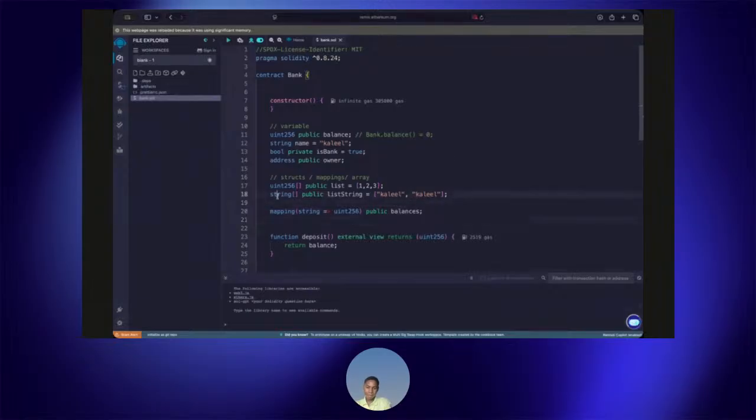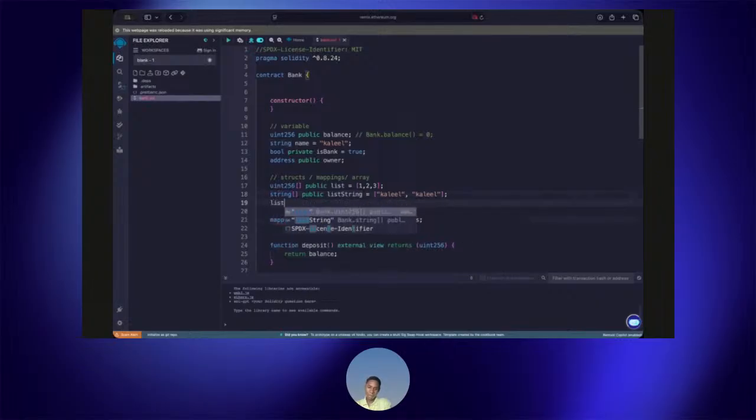Let me use the array as an example. If you have an array, you can call this array as list string, and then specify the item you want to take, and this will return the item. This is how you do it.